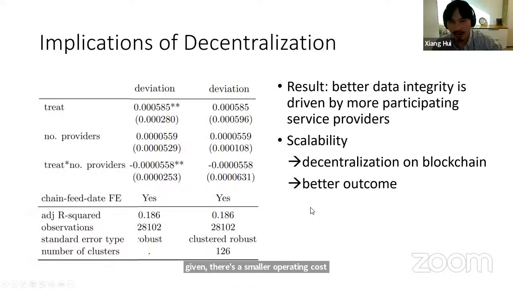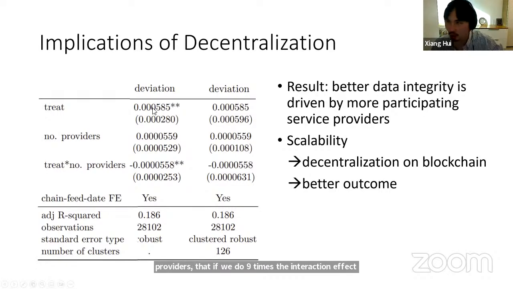And then what's the downstream implication of that? Well, if we go back to the deviation regression and now include the interaction between the treatment dummy and the number of participating providers in that round, then you see that, first of all, if we do cluster standard errors, nothing is significant. So I'm just going to be focusing on the heteroscedasticity robust standard errors. If we trust these results, then this is saying that the better data integrity is entirely driven by more participating providers. In particular, in the old system, where on average we have 9 providers, then if we do 9 times the interaction effect,